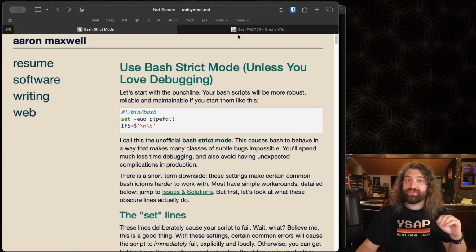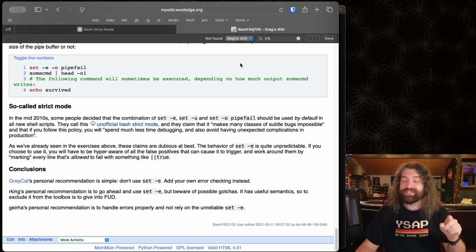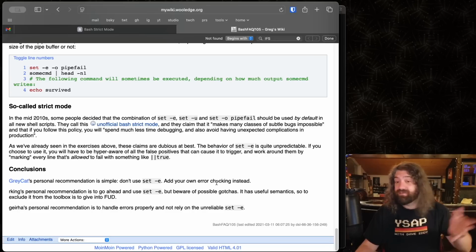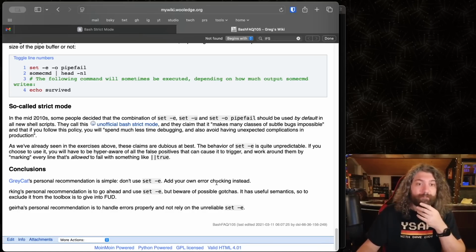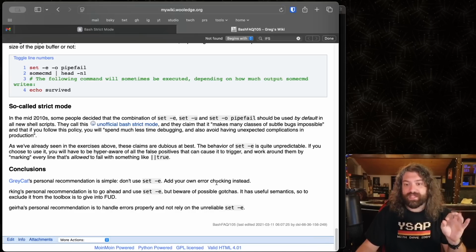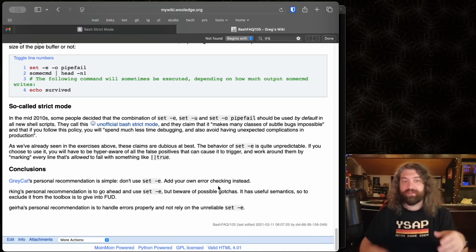And I started learning bash really heavily using this website. So a lot of my opinions are informed from this website. Yes, I've done work and research and looked into this stuff, but my opinions usually line up a lot with the opinions here. In fact, typically if you see GreyCat's opinion somewhere, I pretty much tend to agree with it. Never met this person, but we have a lot of similar ways of thinking about things, at least from what I can see here. I could be totally wrong. But the reason I bring this up is because my opinion is going to be colored a little bit from having learned from this page.